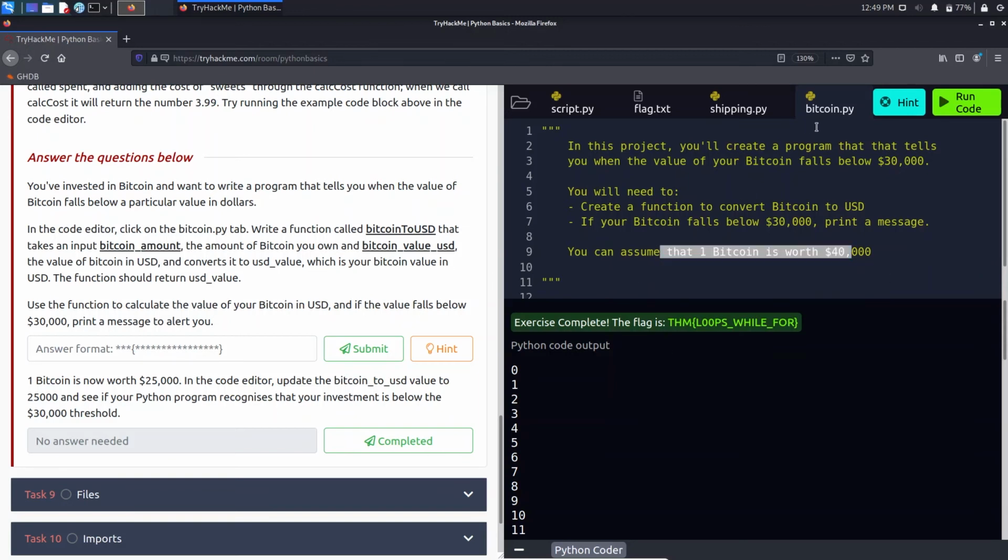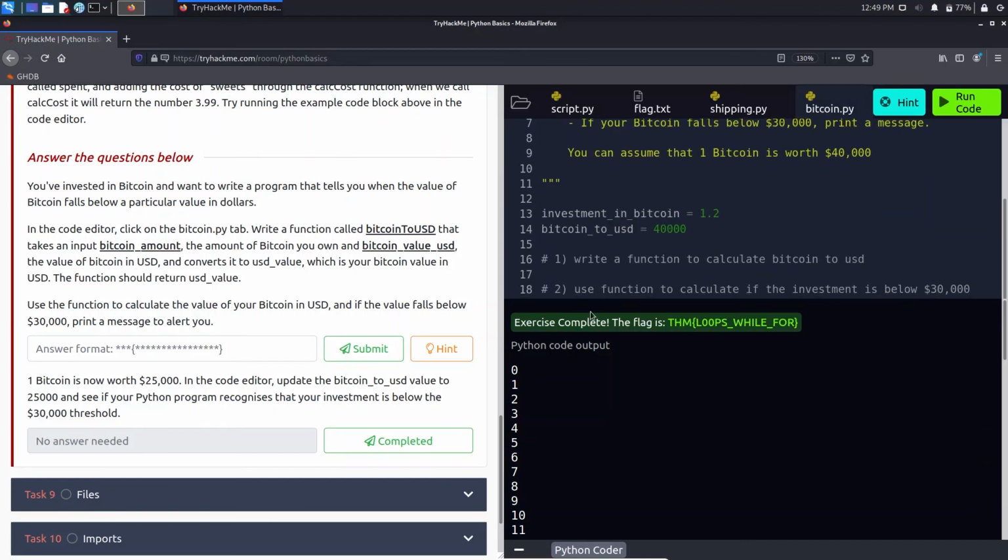Here it is already done, I guess. The function bitcoin_to_usd that takes an input bitcoin_amount is already declared here, along with the amount of Bitcoin you own and the Bitcoin value in USD. Now the function should return the USD value, and use the function to calculate the value of Bitcoin in USD, and if the value falls below the threshold, print a message to alert you.